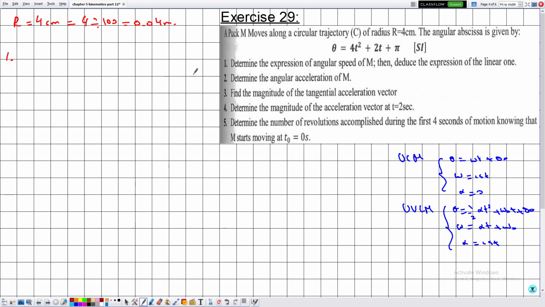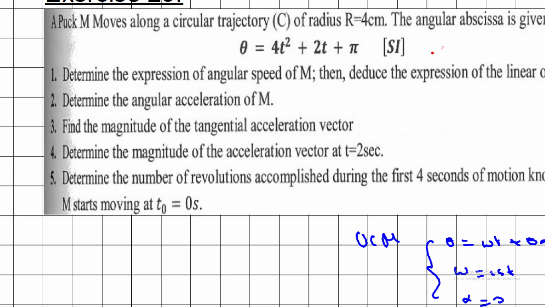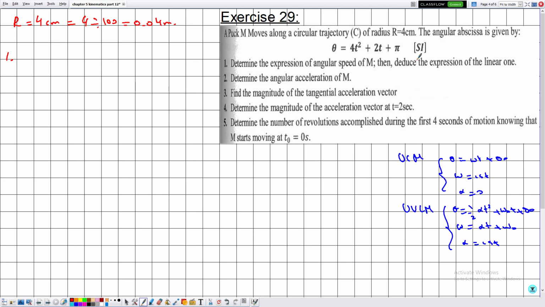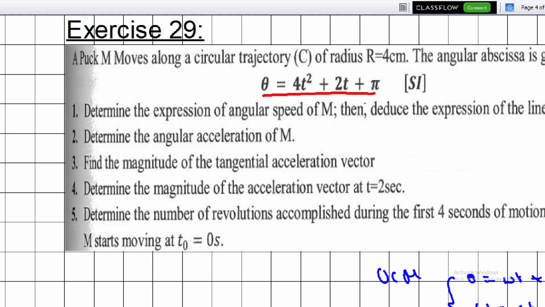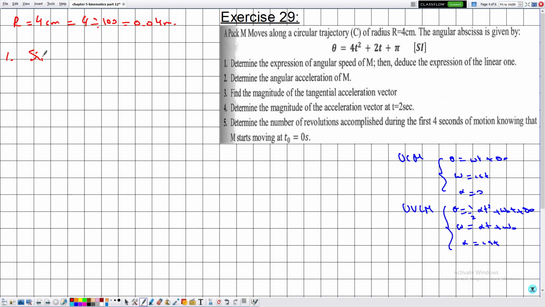Now in number 1, they are telling me to determine the expression of the angular speed of m. In order to do so, we need to study the type of motion, and this is done by comparing the given form to the general form. So since theta is equal to 4t square plus 2t plus pi verifies the general form, theta is equal to half alpha t square plus omega 0 t plus theta 0, then